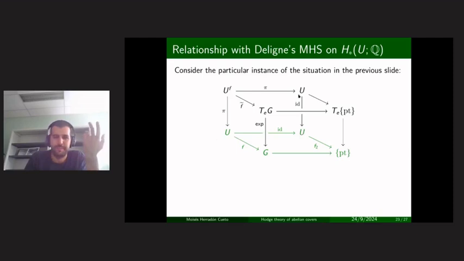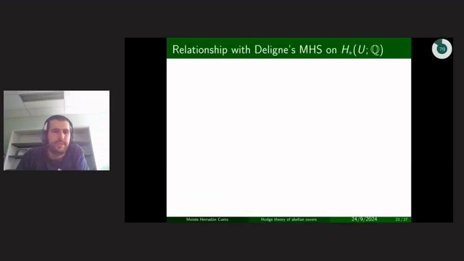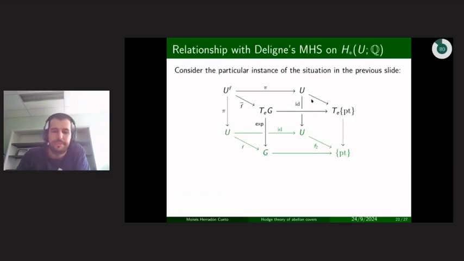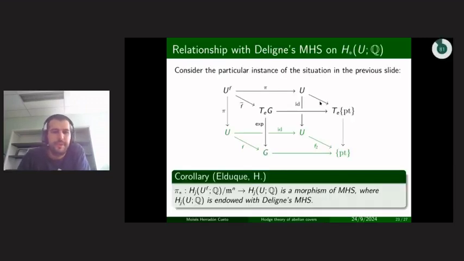You lift that, you get the identity map, and the map between coverings is the covering map, because you're pulling back the identity. So the map that appears here, what was called G tilde before, is now the original covering map. And what you get as a corollary is that the covering map gives you a morphism of mixed structures.